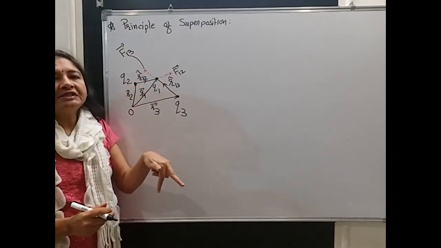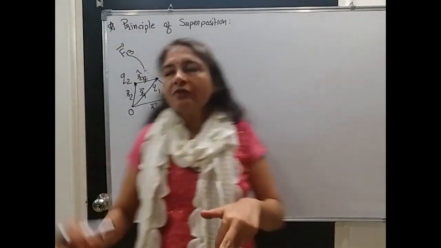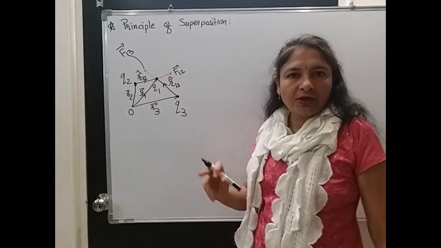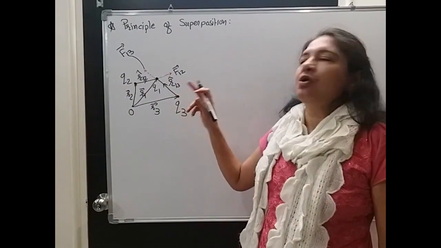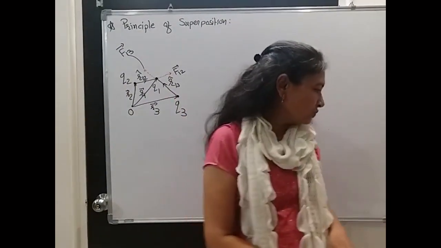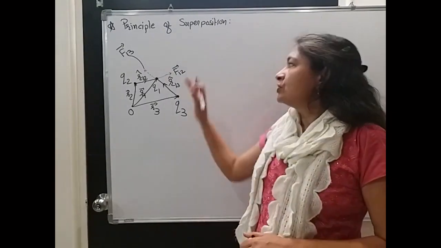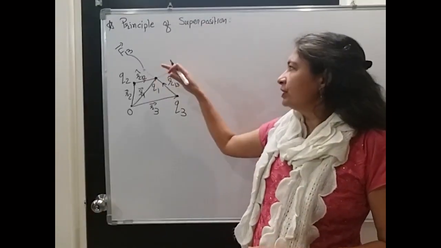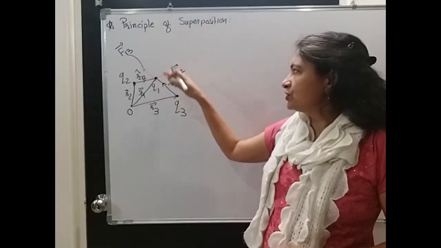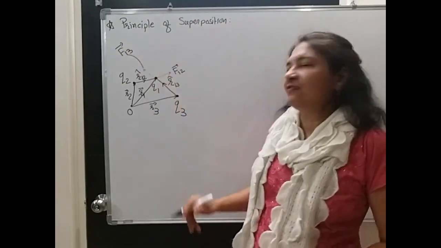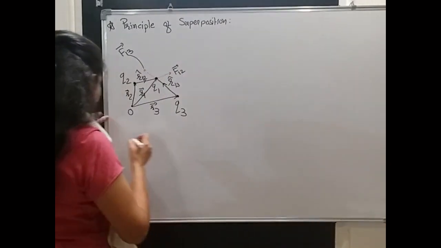Now, according to the principle of superposition, the total force acting on Q1 is the vector summation of F1 and F2. So, I have to find the vector summation of F1 and F2. Before that, I will put the values of these two forces, F12 and F13. So, here I can say that